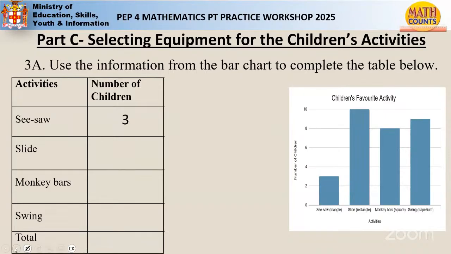Awesome. Next, we're looking at Alston Primary. Go ahead, Alston Primary. How many students like the monkey bars? How many? Come answer. 8 students like the monkey bar. Awesome. Next, we have